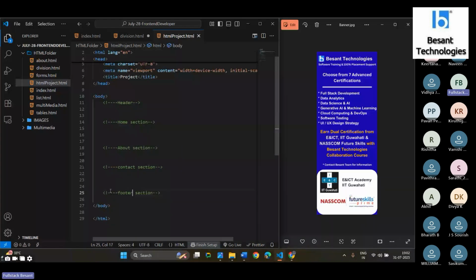Okay, so in a header section, you can see in some other website, at the top you have some header section. In the header section they give a company logo there, and then they give home, about, service, contact, and login or registration. So like that the header section will be there. The same thing we are going to create here, but without the CSS we are going to make some structure only. For that you can call the div tag, and inside the div